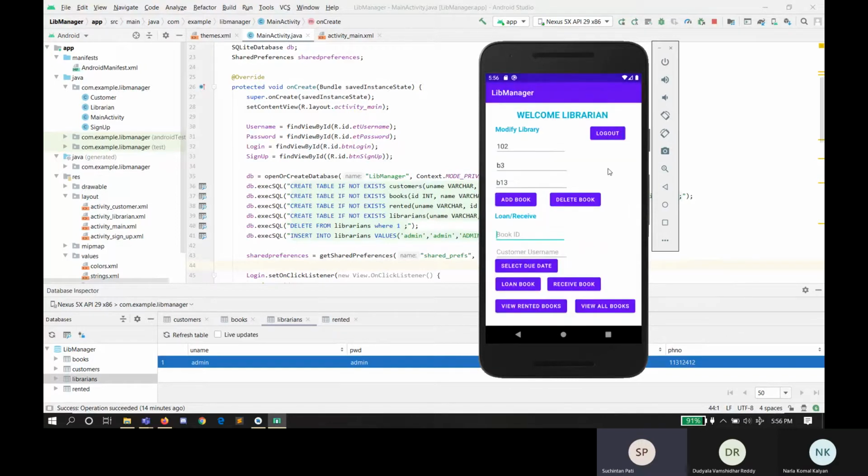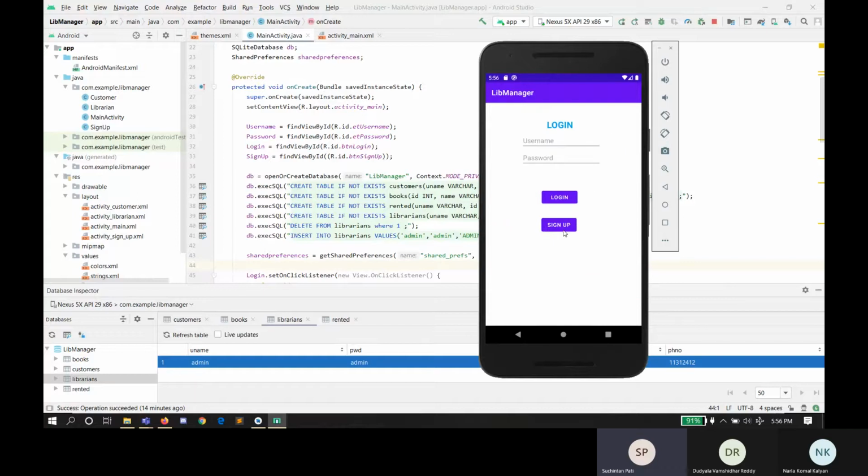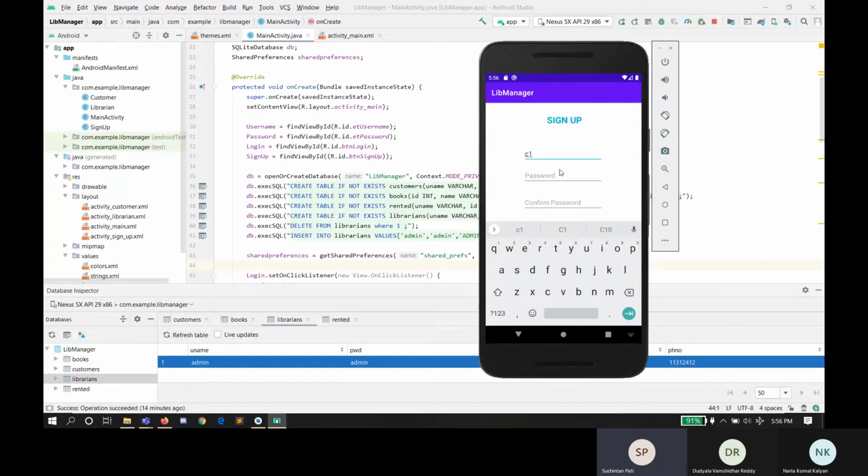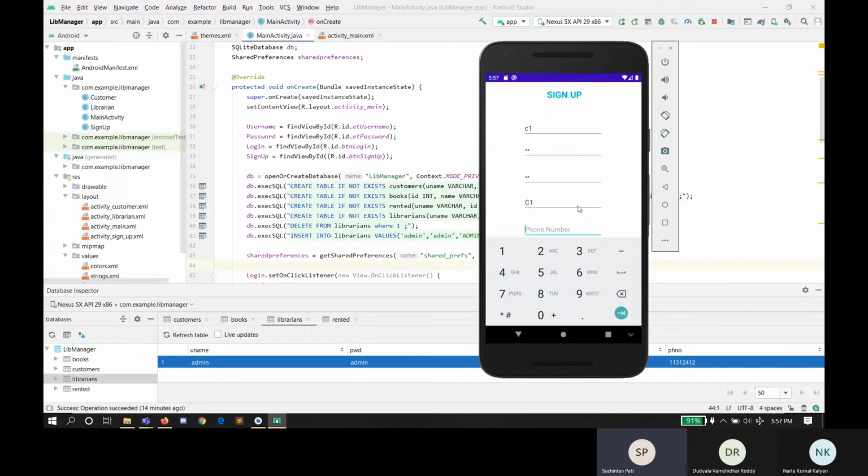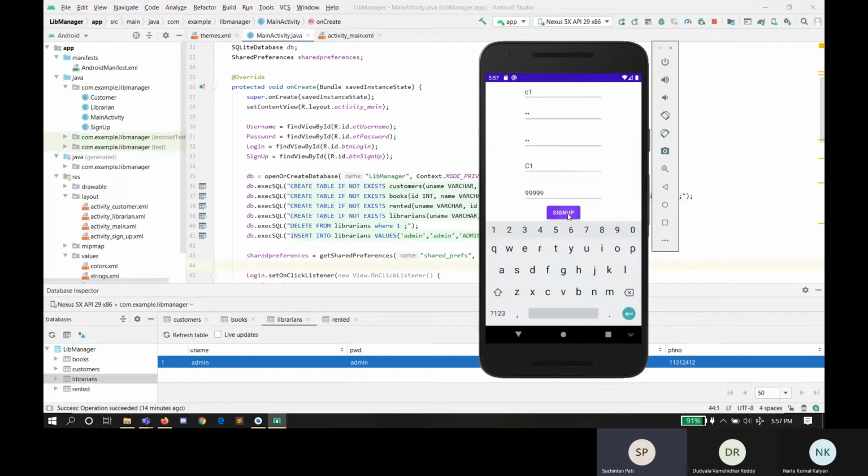So now I'm going to create some customers. Let me try to sign up two customers. I'll first log out from here and go to sign up. Let me name them C1. Name also the same. Phone number, some random number. Sign up.